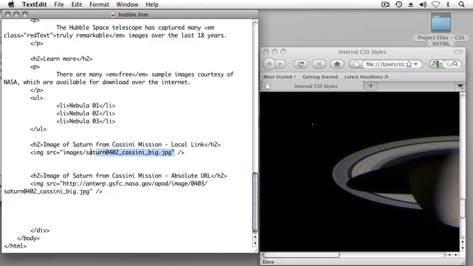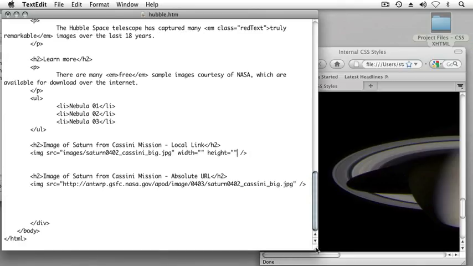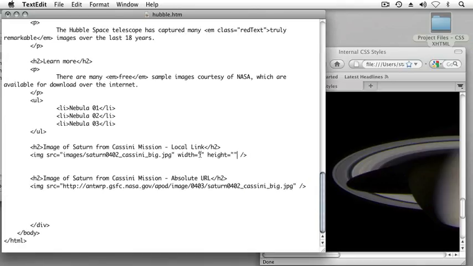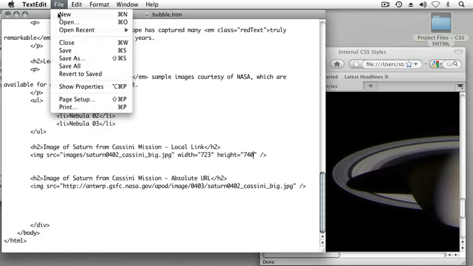and after our source attribute, I'm going to type the attribute width, followed by an equals and quote quote, and height equals quote quote. And I'll increase the size of my HTML page a little bit. Within the width attribute, I'll type 723, and the corresponding height attribute will be 740 pixels. If I save this file,